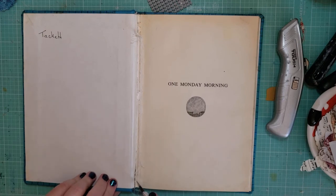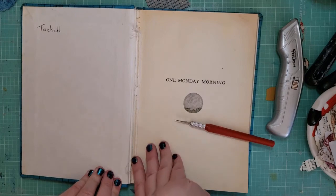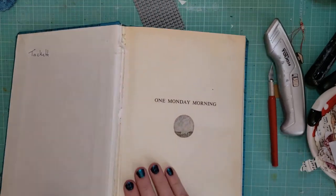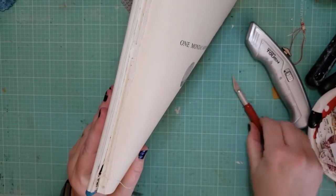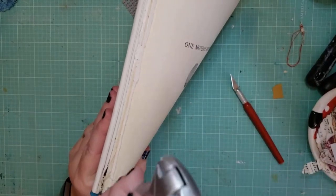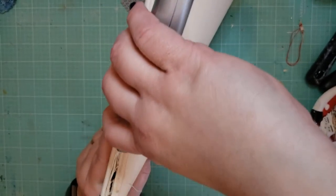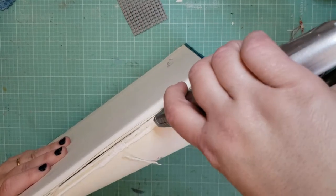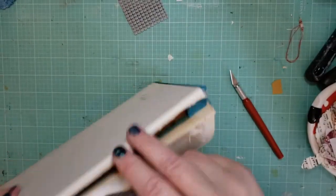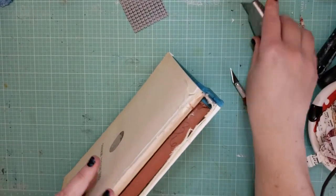Also, I don't mind taking out the whole. I kind of just want to take the whole thing out first, easier to work with. Try to go away from yourself when you're using a knife, even if it means it's better to turn the book and go away from yourself